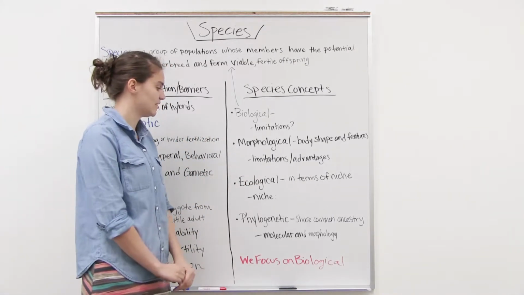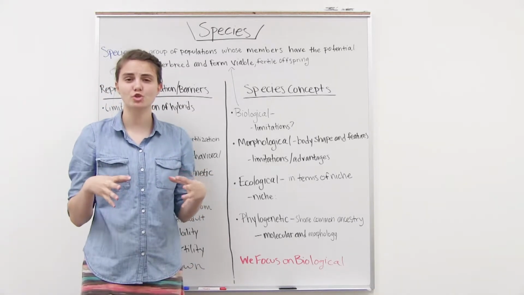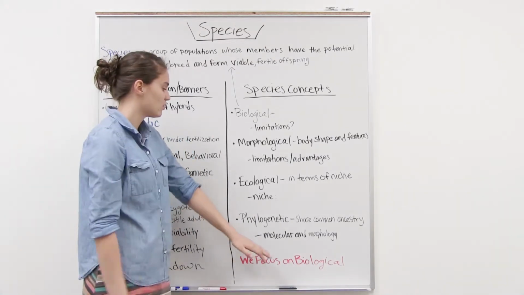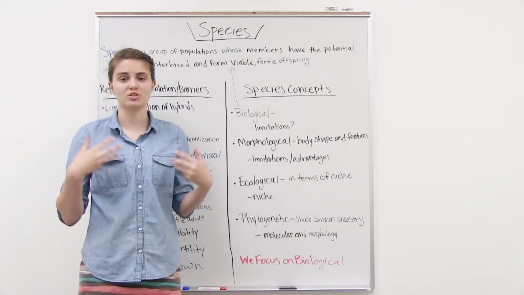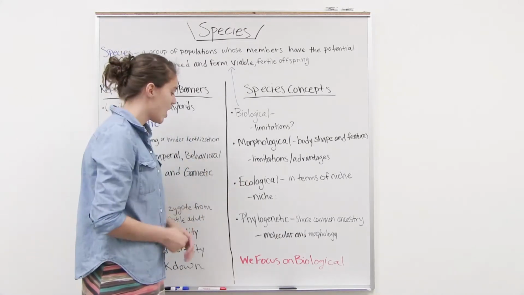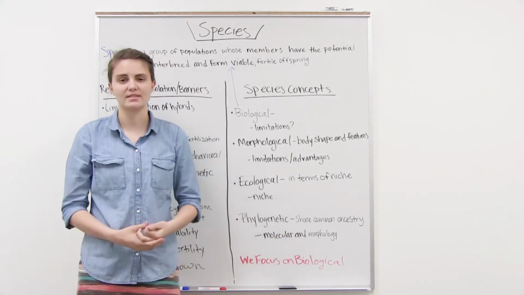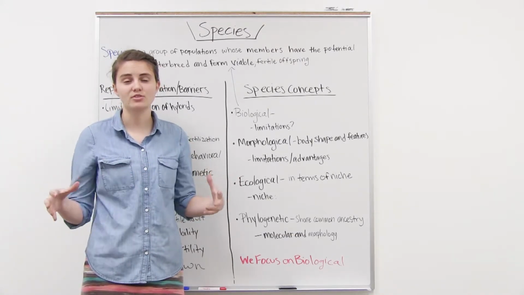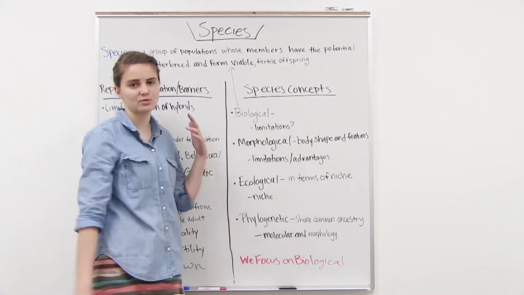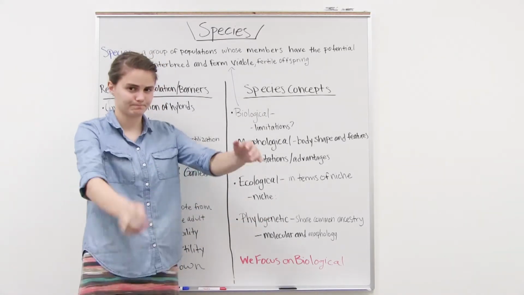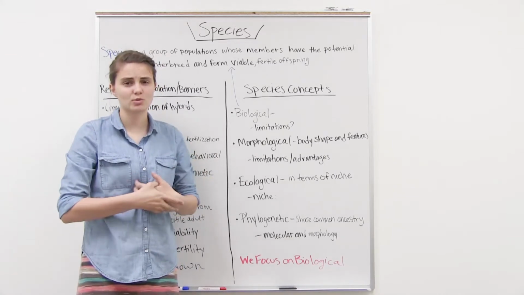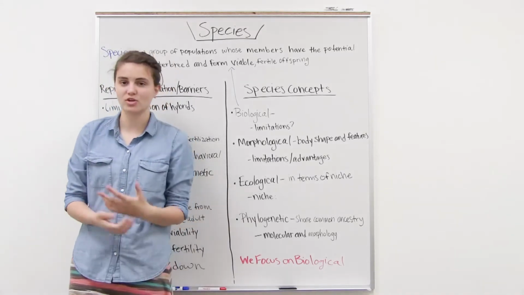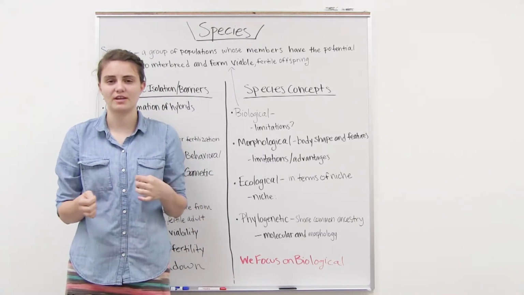The phylogenetic species concept classifies organisms as the smallest group of organisms that share the most recent common ancestor. They will do this using phylogenetic trees, which I'm going to be talking about in other videos. But it uses molecular and morphological data to classify these. This is beneficial because now we can make species of fossils or organisms that are past. We can't do that with any of these because we can't see this as much. And we can also do it with asexual. However, it can be difficult because it relies on trying to figure out how these trees interconnect